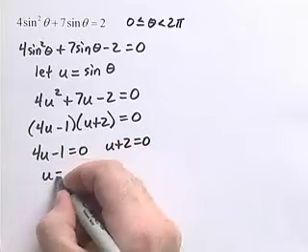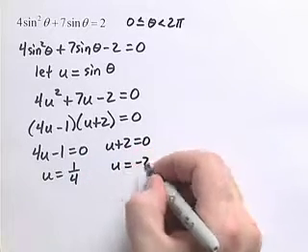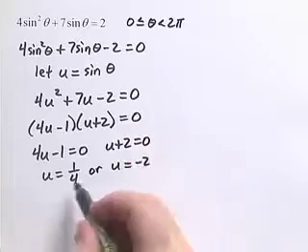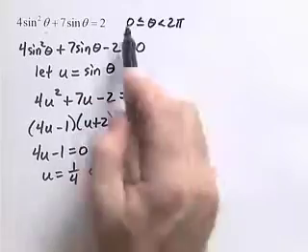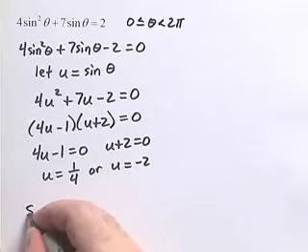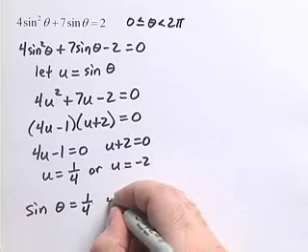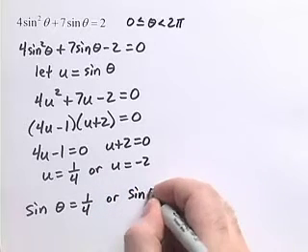This one will give us u is equal to 1/4. And here we'll get u is equal to negative 2. Now we're not solving for u, we need to solve for theta. So we need to go back to our substitution. We'll see that we have the sine of theta is equal to 1/4, or the sine of theta is equal